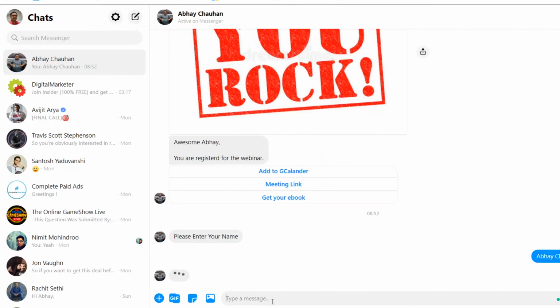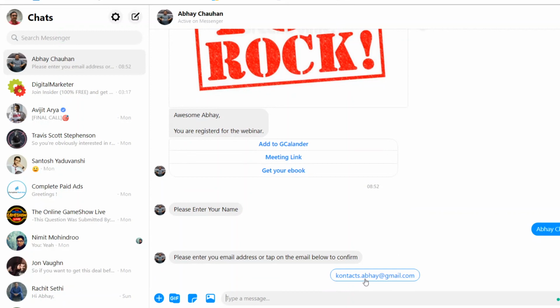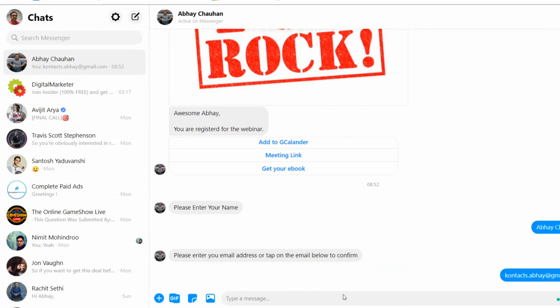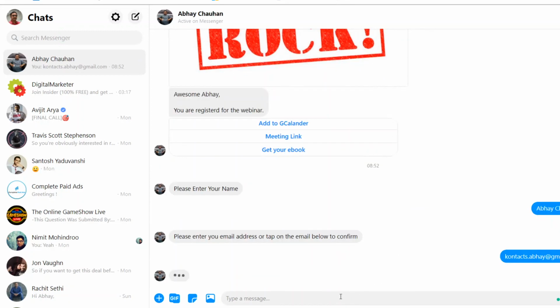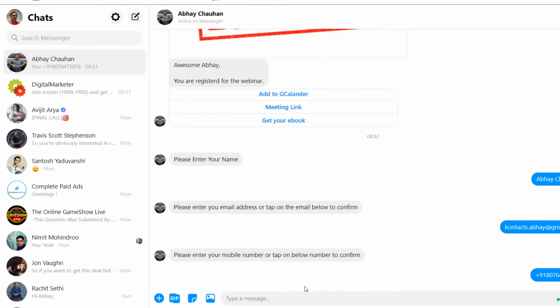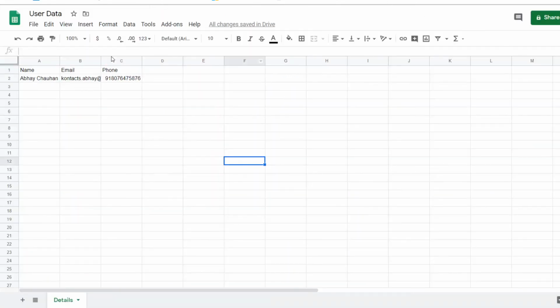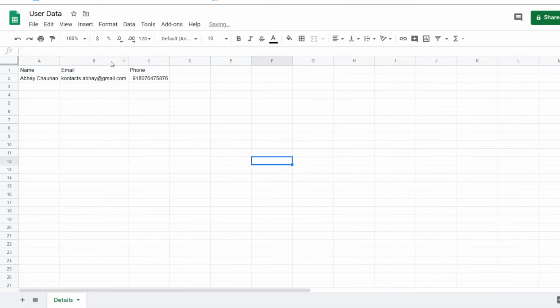Then next is enter your email, let us say this one, and this is my number. So now all this information should have gone from ManyChat into the Google Sheet. Now let us check it. So here we have all the information.